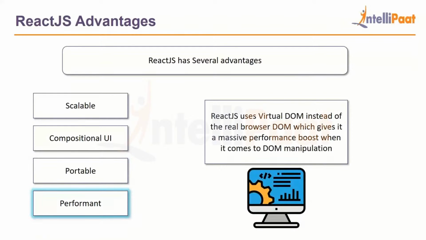And finally, performant. So performance is a big aspect when you're building the front end of any application. It could be any kind of application that you're building, ranging from small personal projects such as a dashboard for your results, a dashboard for your user interface, a dashboard for your screen, to a really huge front-end application that has several components and needs to be built with a lot of care. So performance can be a big deal, and React.js takes care of it by using something called a VDOM or